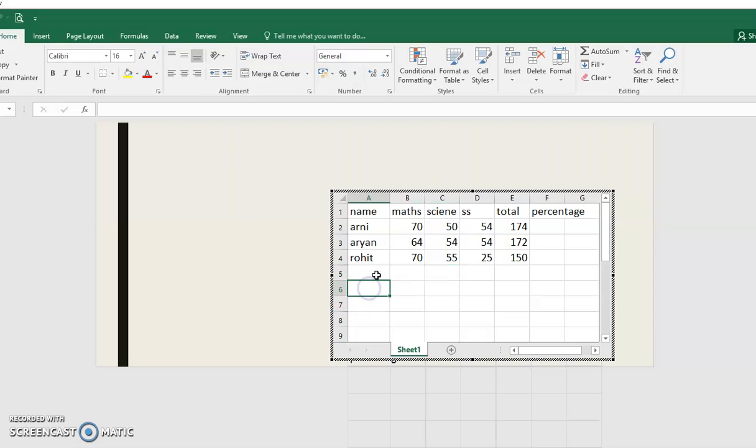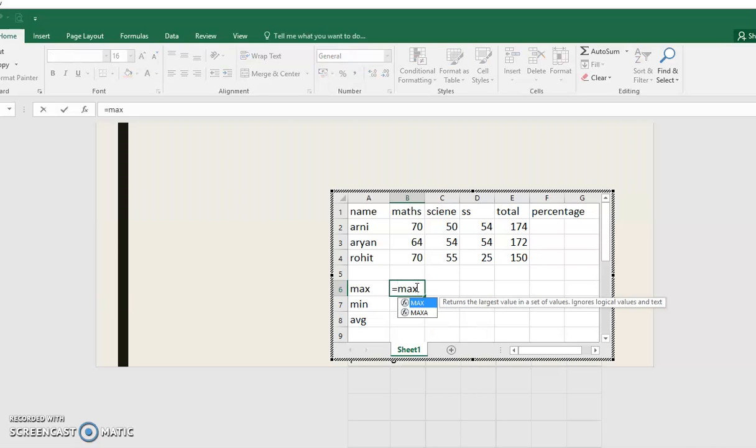In that way some other formulas are also there: maximum marks, minimum marks, average. I can use those formulas also, equal to max, in bracket, then I will select the range. This formula will give the maximum marks in maths. See, you can drag formulas horizontally also.